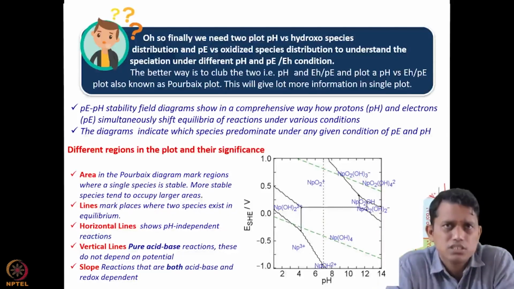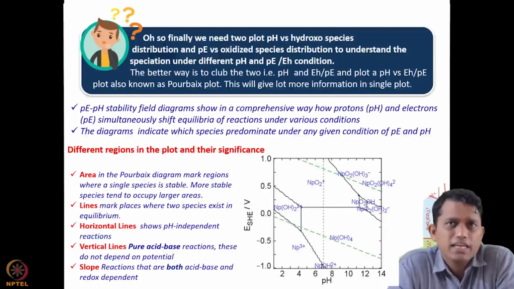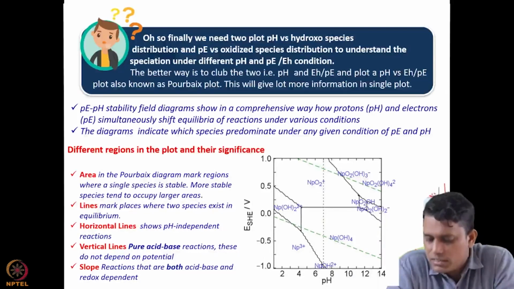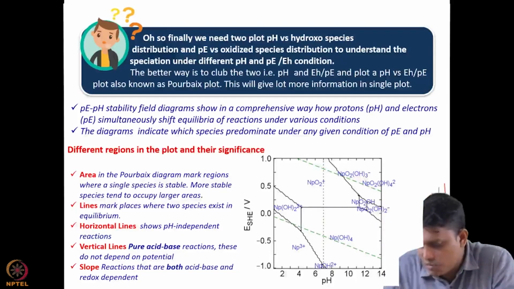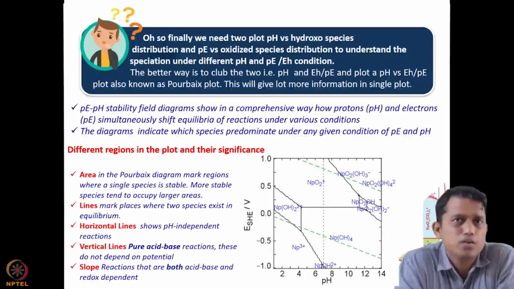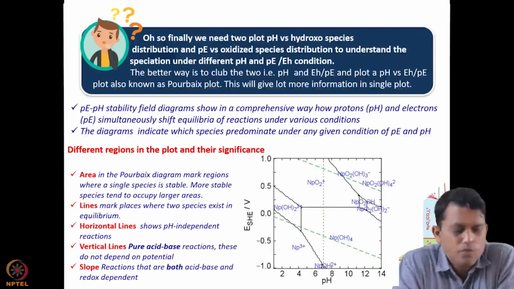And after that discussion, I'll come back to this slide, and then we'll try to understand how we define this kind of line, why the lines are straight, why they are bent at the different areas, what the different areas mean, and why we have this line, this boundary. That we will try to understand, and then we'll come back to this slide to understand what all these lines